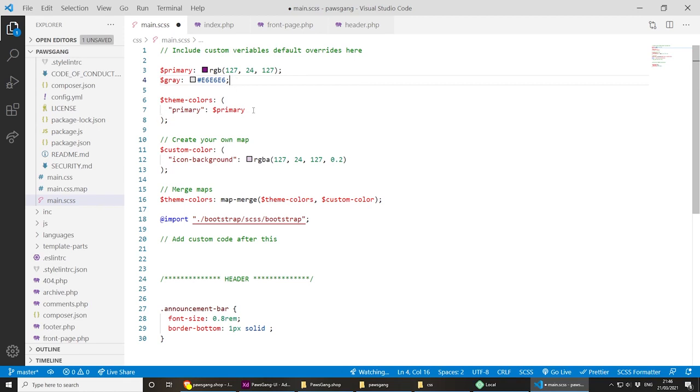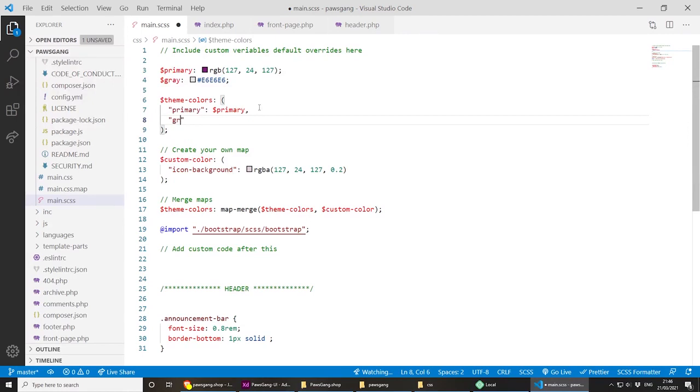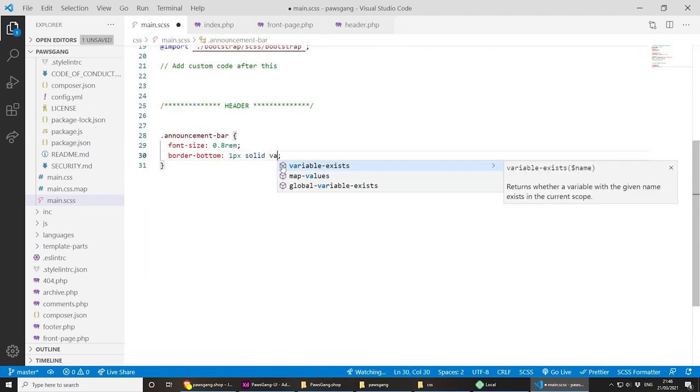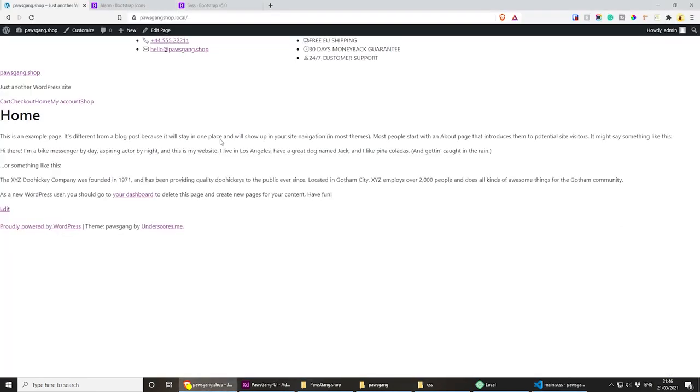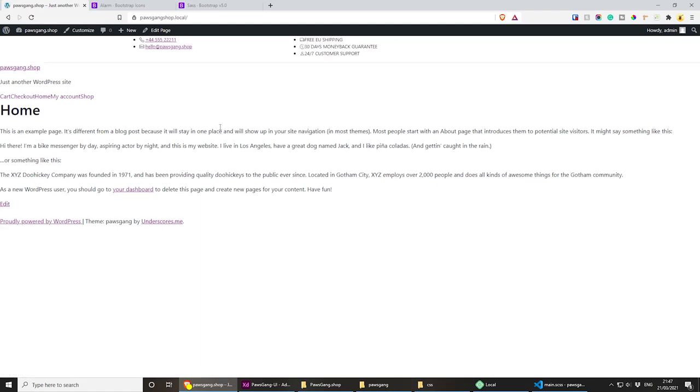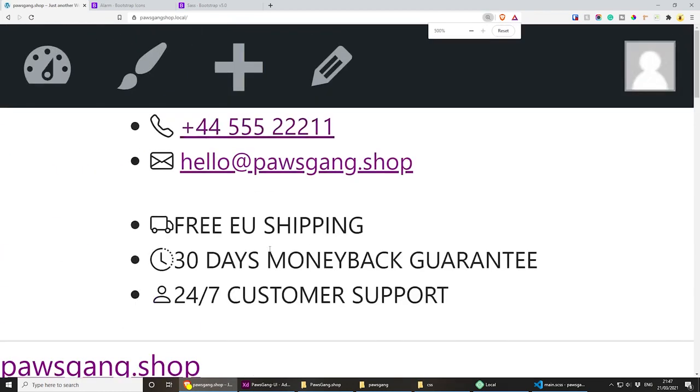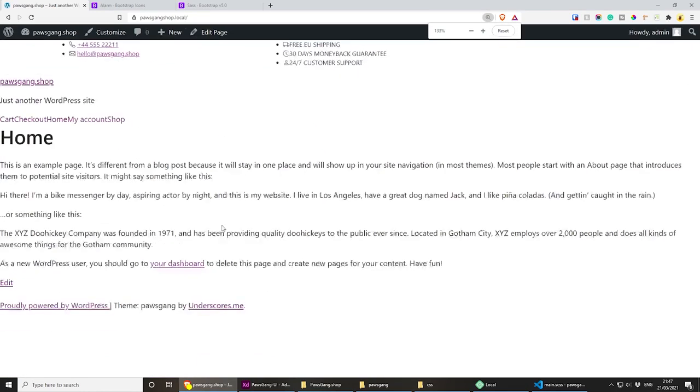Of course, we're going to have to add one more here, so let's do gray, and let's pass the variable from here, so gray, and save. We don't need to do anything else. We can now use this color, and the way to use this color is by doing var, and then we can do Bootstrap, and then dash Bootstrap dash gray and save. Hopefully, if we save this and refresh, you should be able to see the gray bar here. Let me zoom in. You will see the gray bar here,